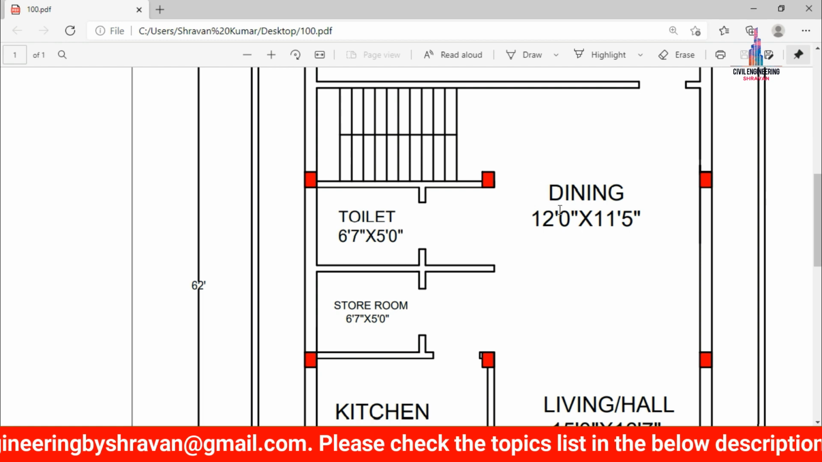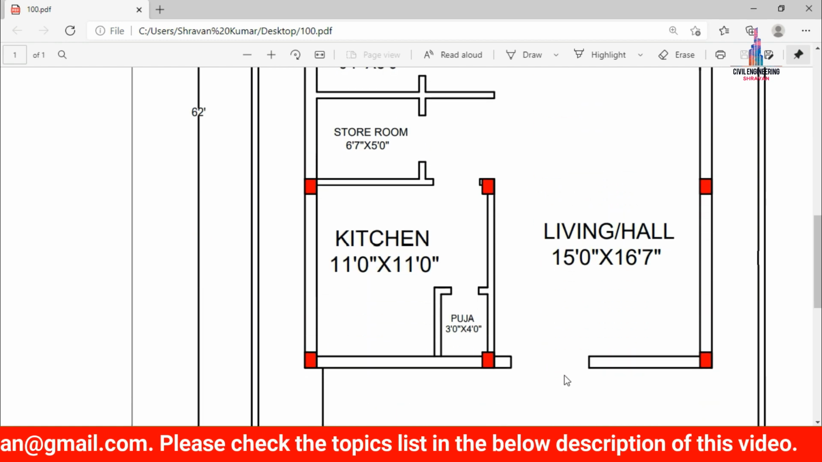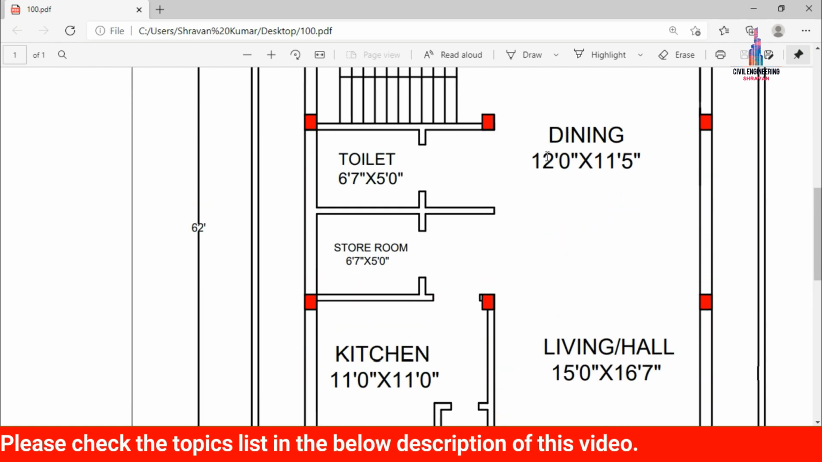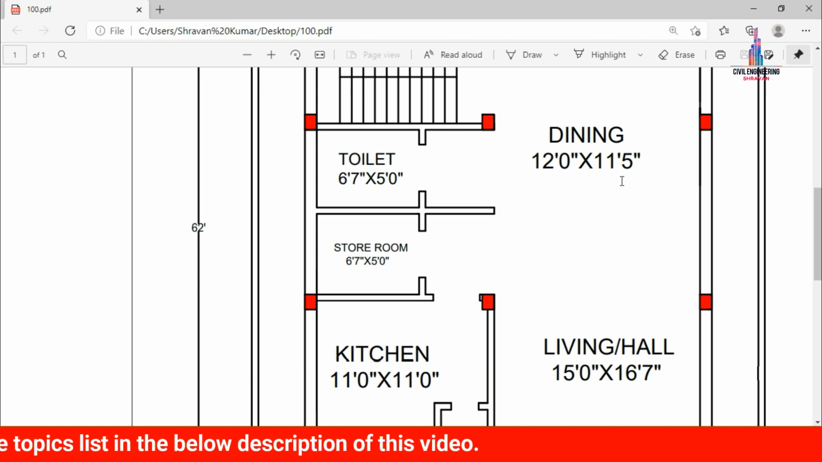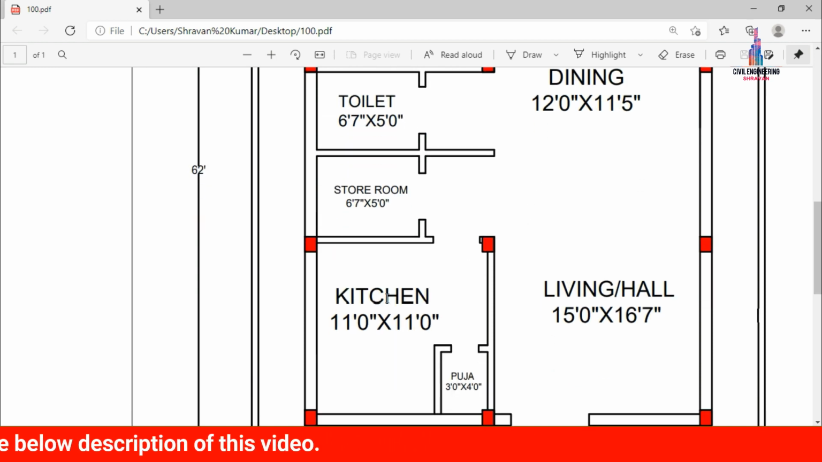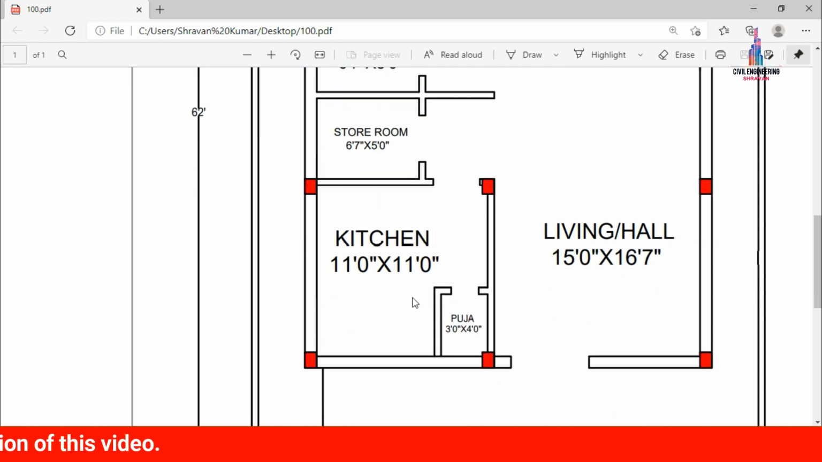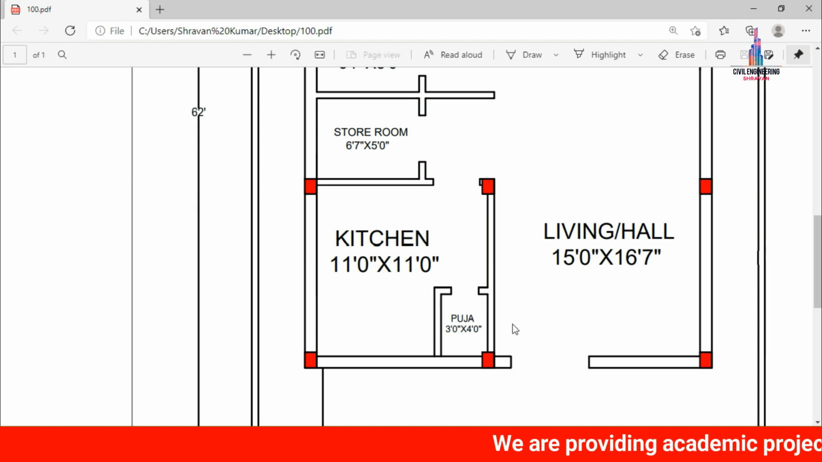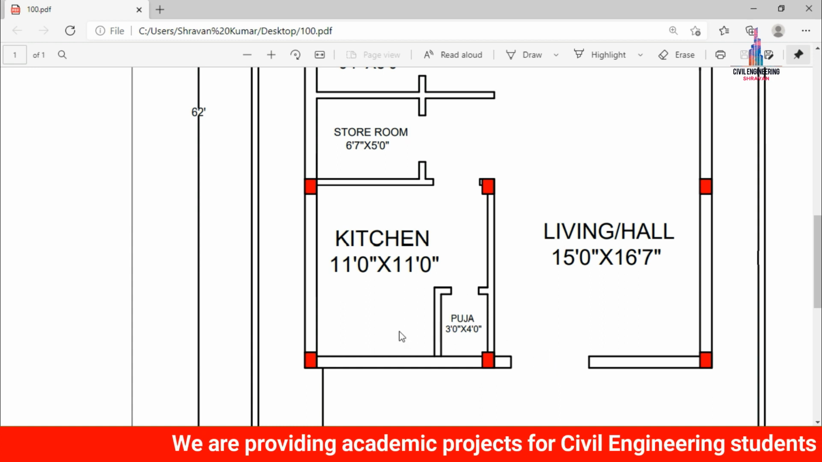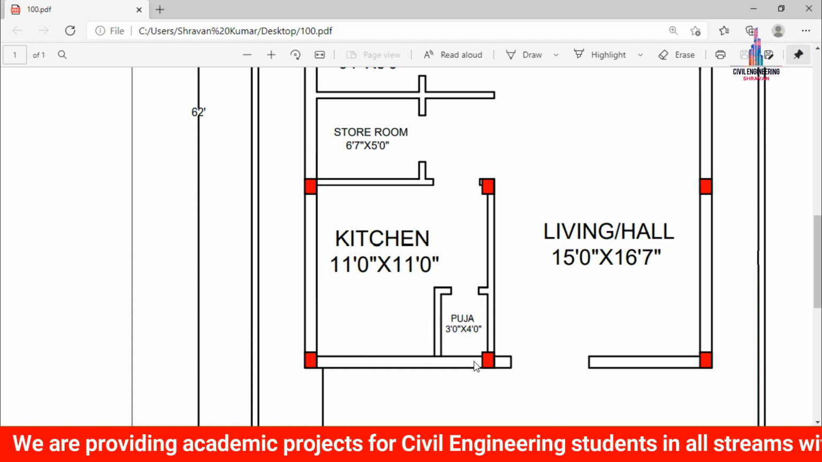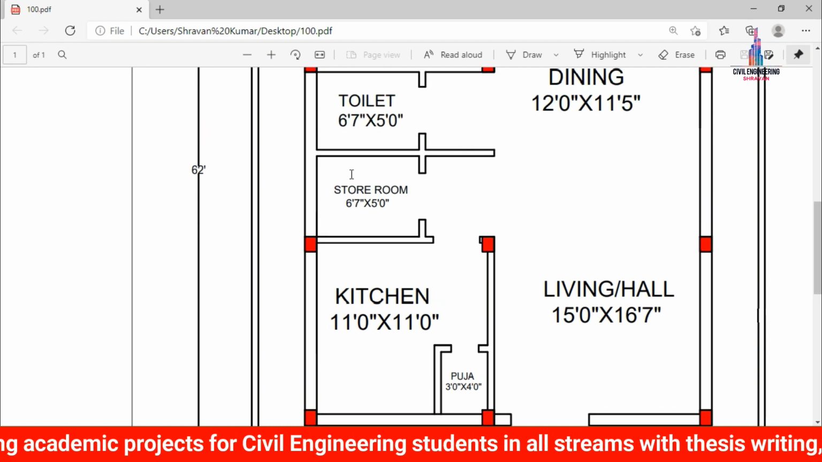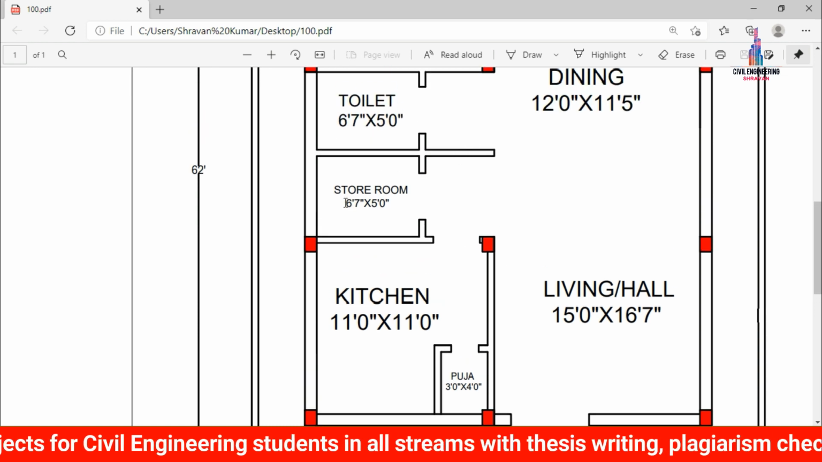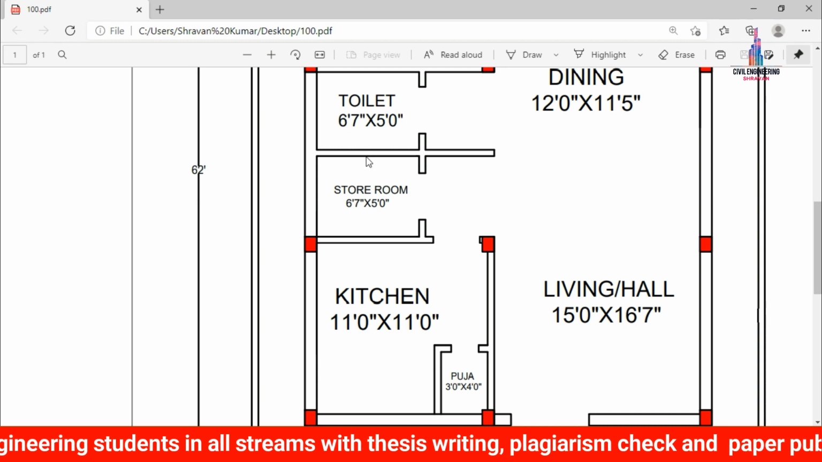Now we can see the dining section directly from the entrance. The dining section will be consisting of 12 feet 0 inches cross 11 feet 5 inches, and this is the kitchen, which is placed in this respected east facing direction, consisting of 11 feet in length direction distance as well as 11 feet in width direction distance. This is the puja room which is placed in the kitchen itself. It will be consisting of 3 feet in length direction distance, 4 feet in width direction distance, and this is the store room, which is consisting of 6 feet 7 inches in length direction distance and 5 feet in